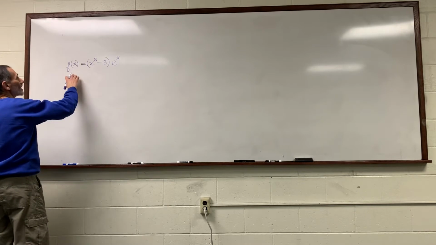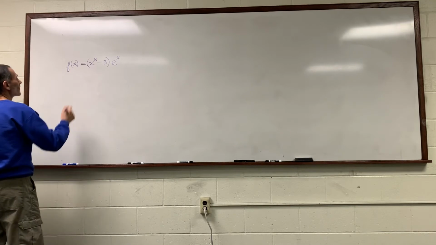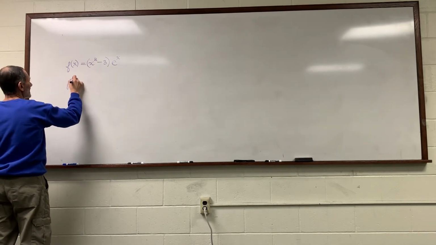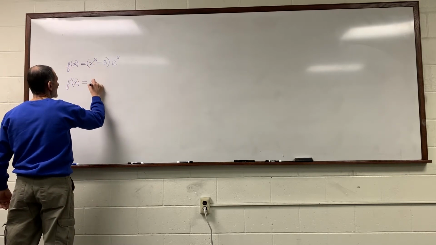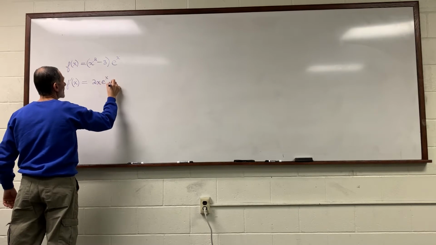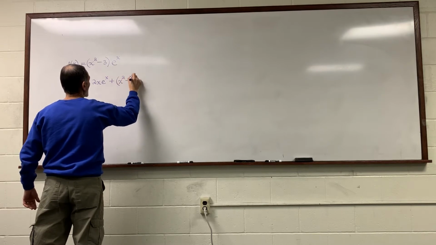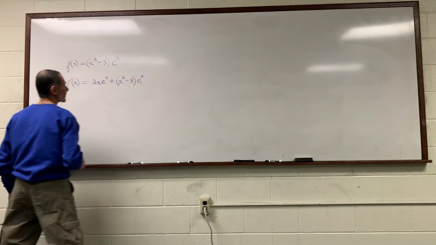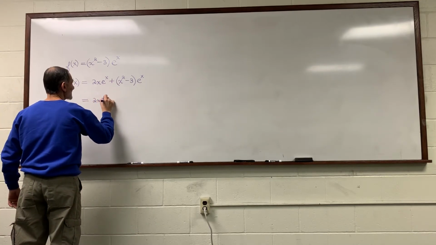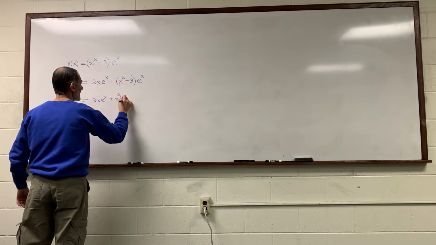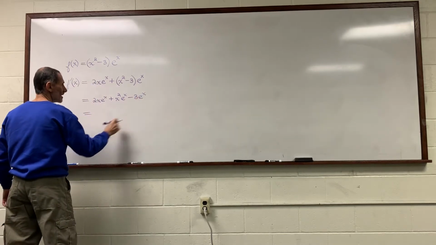Right now, let's find our intervals of increase and decrease, and we'll do that by taking the derivative and the critical numbers. F prime of x equals, product rule, 2x times e to the x plus x squared minus 3 times e to the x. Since e to the x is its own derivative, we can expand that: 2x e to the x plus x squared e to the x minus 3 e to the x, which lends itself to a